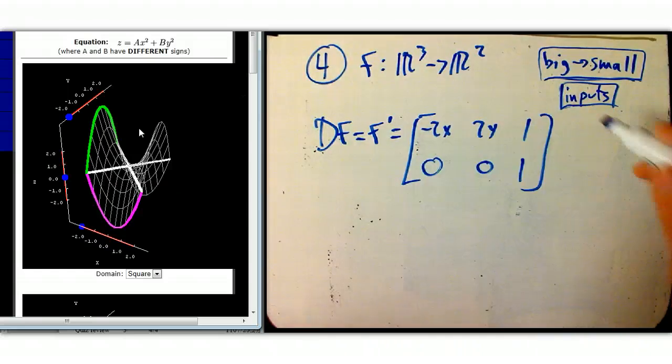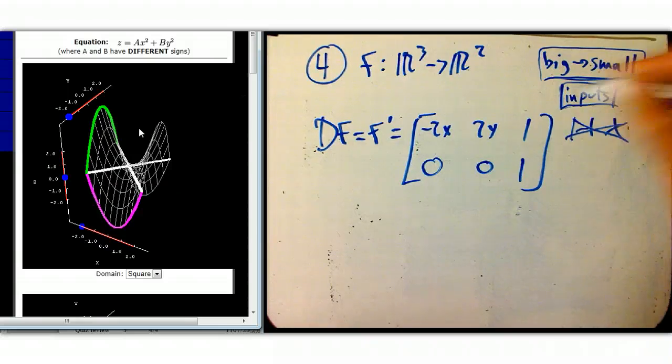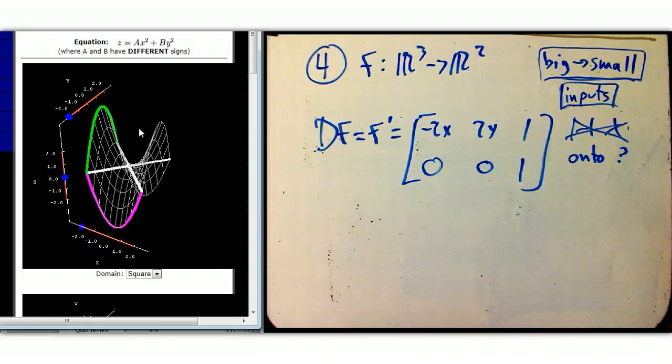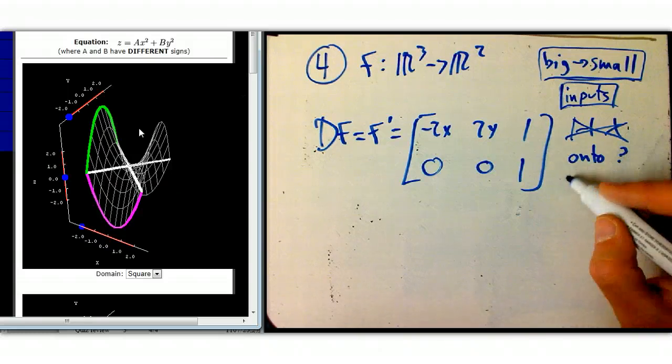Could it ever be, if it was a linear transformation, could it ever be 1 to 1? No. Big to small, you don't expect 1 to 1. Could it be onto? Yes, it could be onto. And in fact, most of the time it's going to be. Another way to think about it,